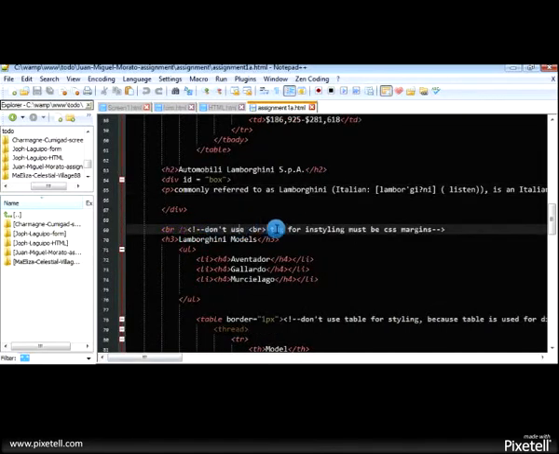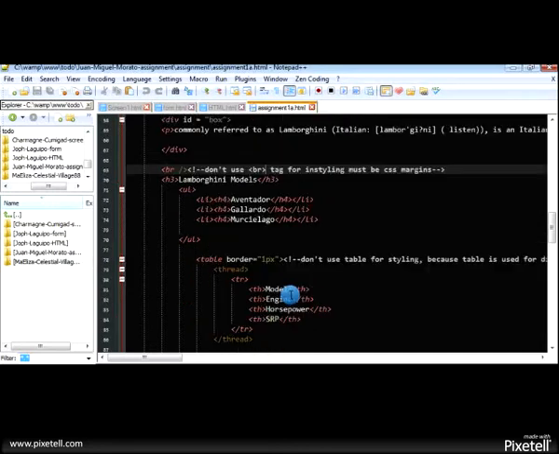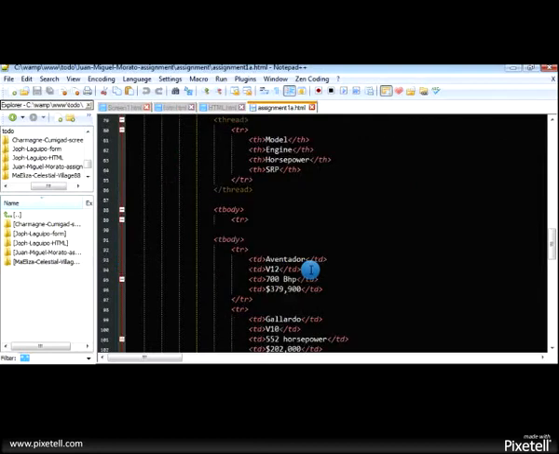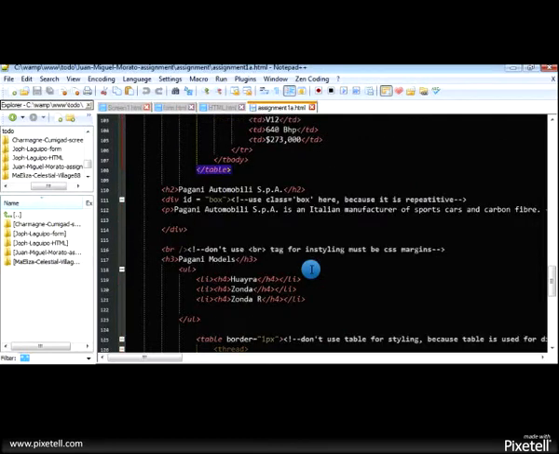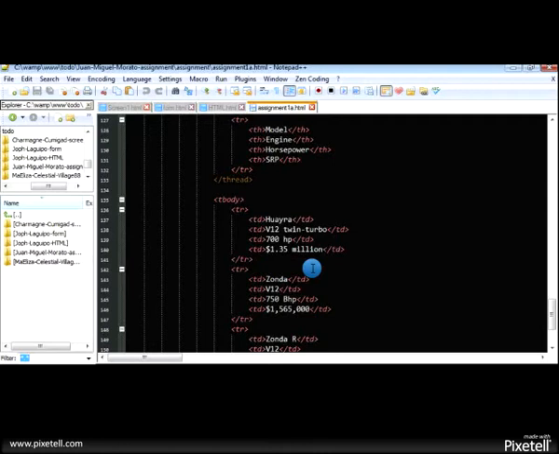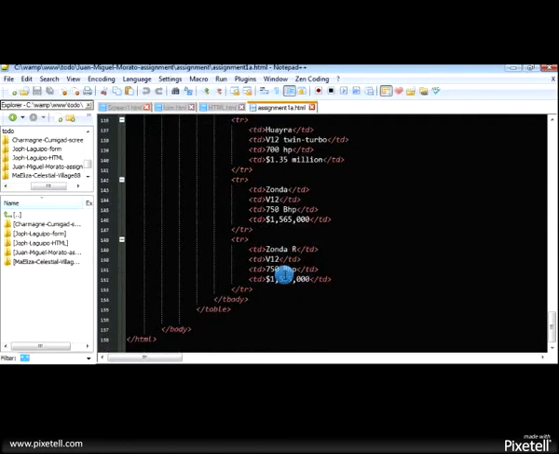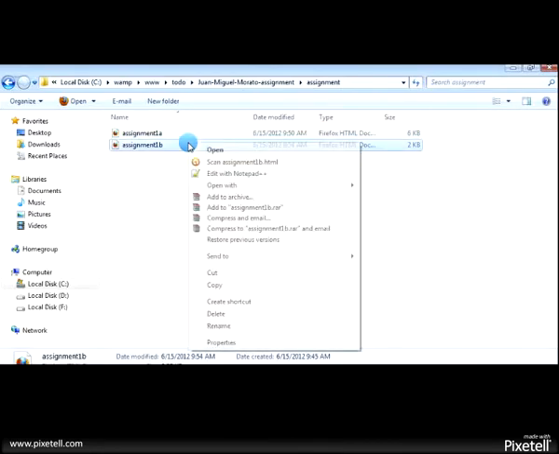Here he uses the br tag, because the br tag is not used for styling. And here he uses a table for styling. It is not a proper way to do it. So that's all. So we go to the next HTML document.